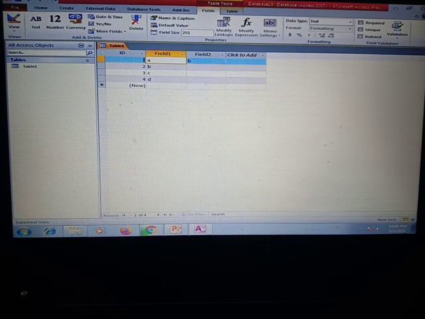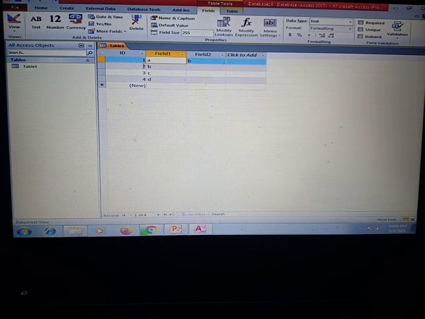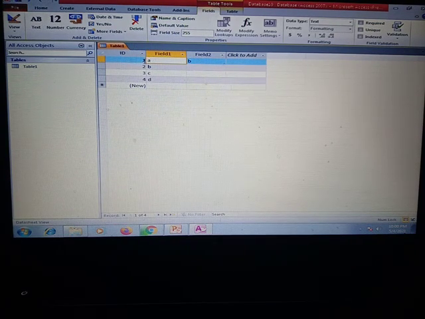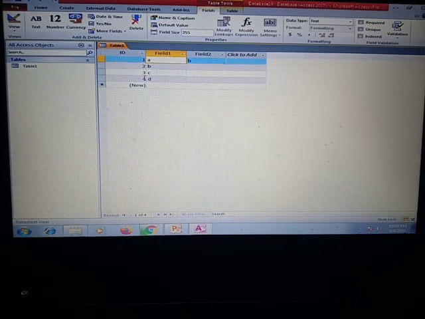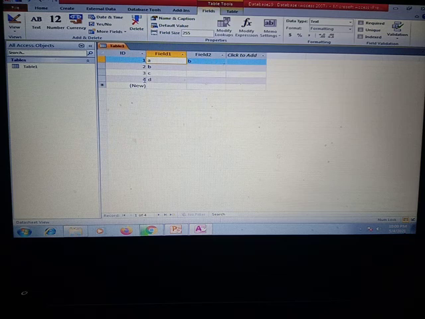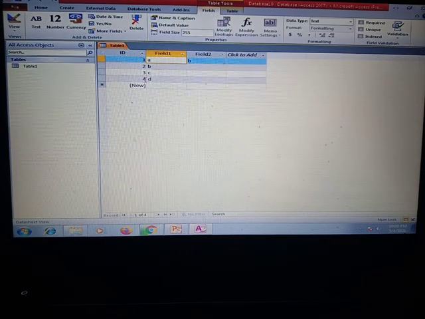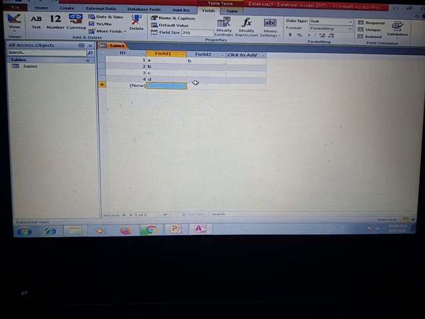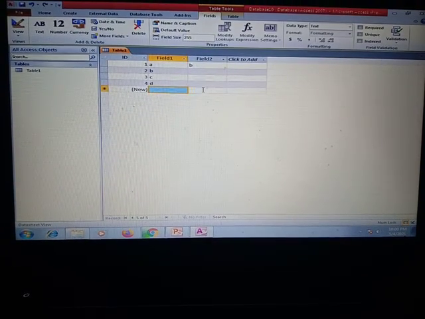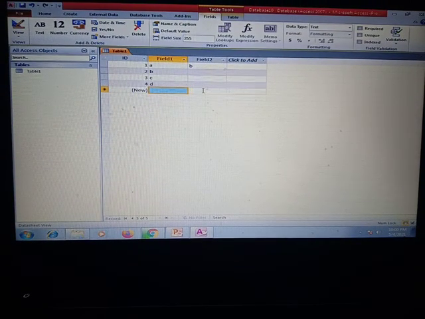Like here is the id 1 2 3 4, they are unique for every row. We can make a relationship from id also, like 1 2 3 4, they are not repeated. If this row is also named 3, then we cannot make a relationship from this field. But if we have unique data which is not repeated, then we can have a relationship from that particular field.